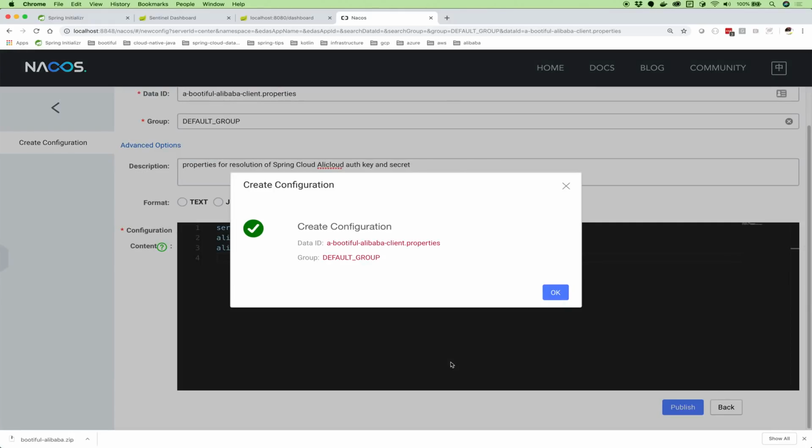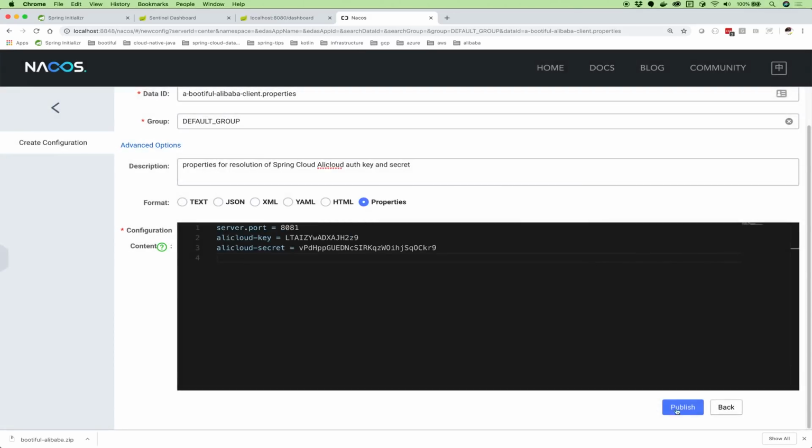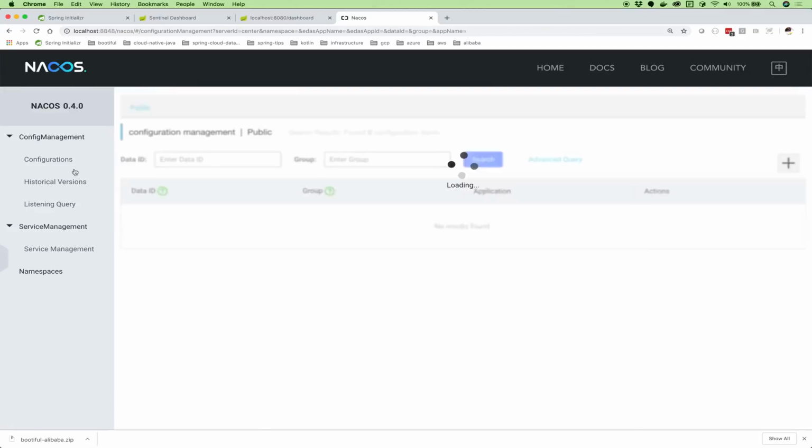Okay, so I'll hit publish. It says I've created the configuration. Why it's in red, which is kind of like, my blood pressure spikes just a hair every time I see red fonts in a dialog because it tells me something's wrong. But why that's in red, and yeah, there's a nice satisfying green checkbox, not quite sure. We'll hit OK, and we can go back now.